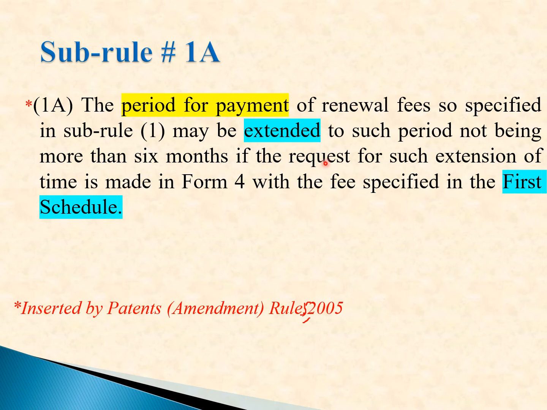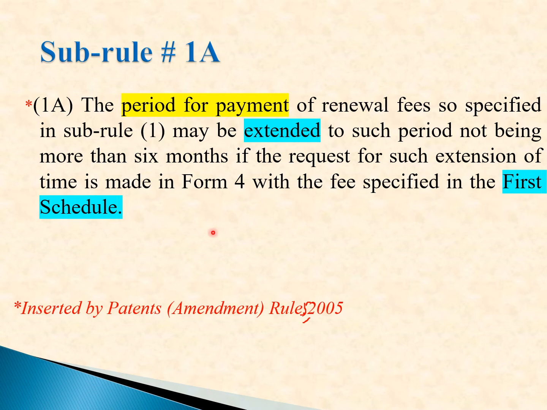When is it allowed? When the request for such extension of time is made in form 4, because we have already discussed that form 4 is about request for extension of time. So with the specified fee, that means whatever is the prescribed fee must be paid as per the